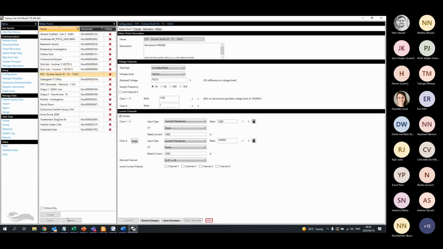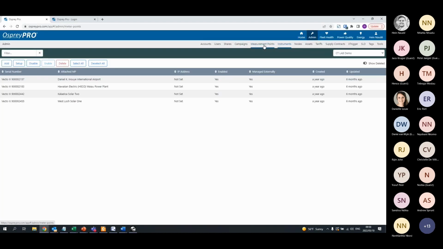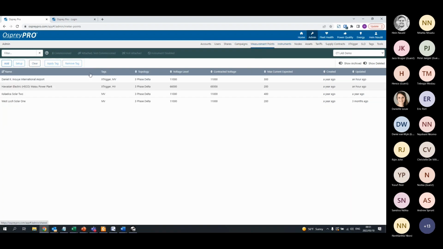So you can create a meter point without actually having an instrument attached to it, meaning that no data is being recorded for that meter point because there's no meter attached to it. So it's similar for Osprey Pro. You also need to first add the instrument, register the instrument. Then you need to create a meter point. Initially, there won't be an instrument attached to it. Once you've created the meter point,